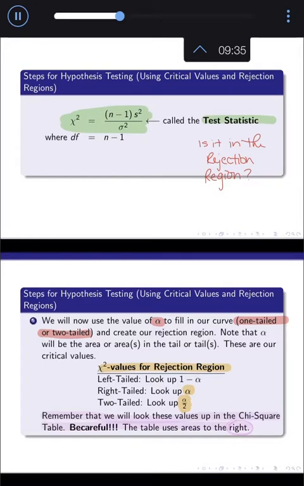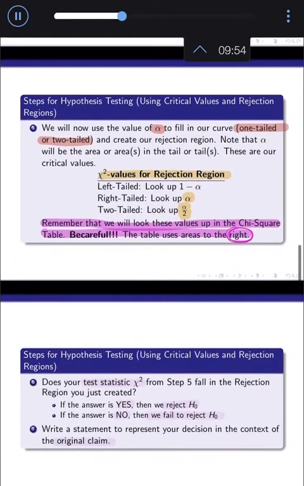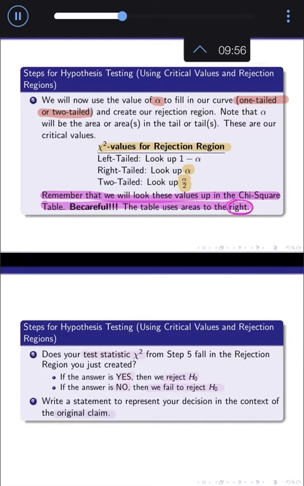that up. Be careful if it is a left-tailed test, because if we go to use our chi-squared table, remember the chi-squared table is the only special table that uses the area to the right. We're so used to having tables use the area to the left. This is the only one that uses the area to the right. So when we're coming up with our critical values that make up our rejection region, we have to keep that